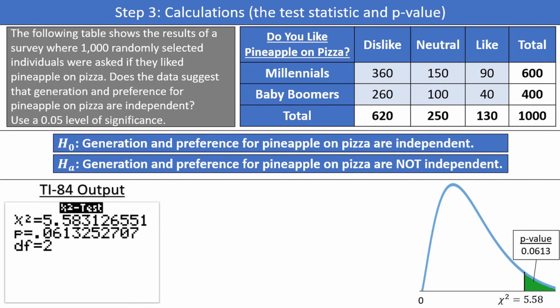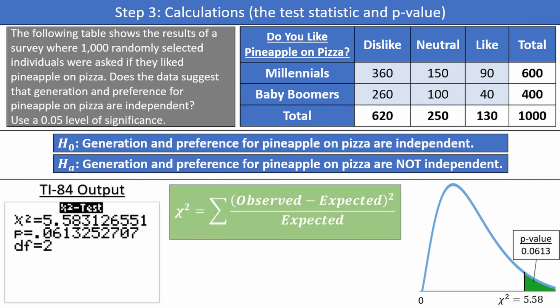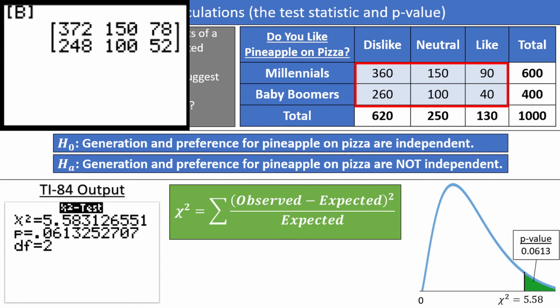of the distribution. Now, if you wanted to get the chi-square test statistic of 5.58 by hand, you would need to use this formula. The sum of observed minus expected squared divided by expected. So for each of the 6 cells in our table, we would need to take the observed value from our data, subtract the expected value, which we had in matrix B from our calculator, square it, and then divide by the expected value. Do this 6 times for the 6 numbers inside of the table, and then add them all together. It's a bit tedious, which is why we aren't doing it here. If you did that process, you should get 5.58 for the chi-square test statistic.